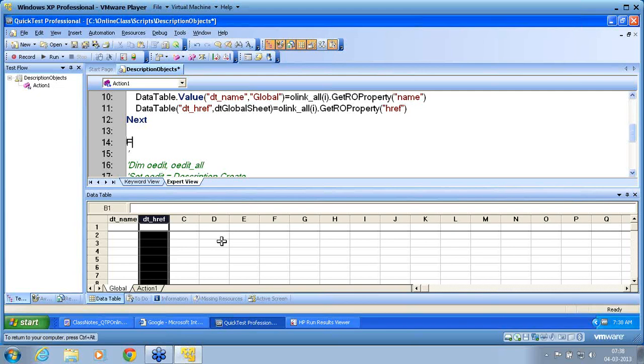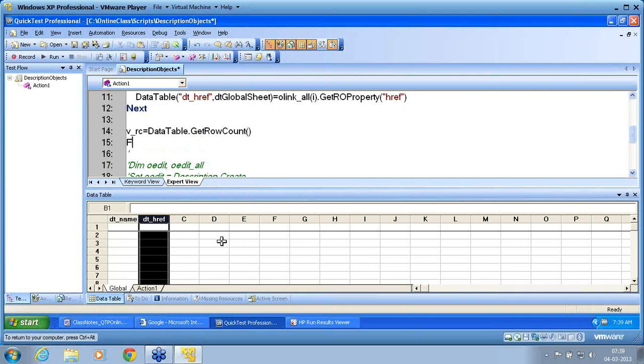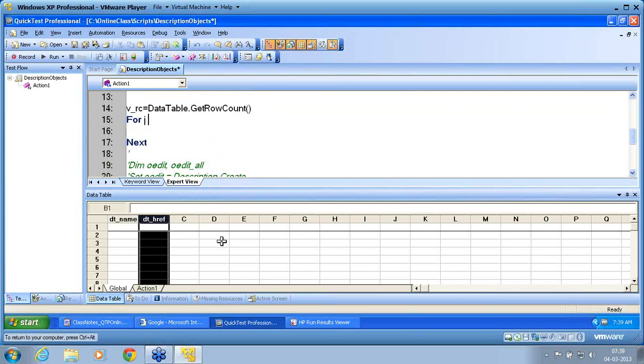Now again I go with a loop. If I don't know how many rows are there, I want to retrieve the row count. Variable row count equals DataTable.GetRowCount. I retrieved it and stored it onto a variable. I loop through that row count, for j equals 1 to v_rc, so for all the rows I go through.